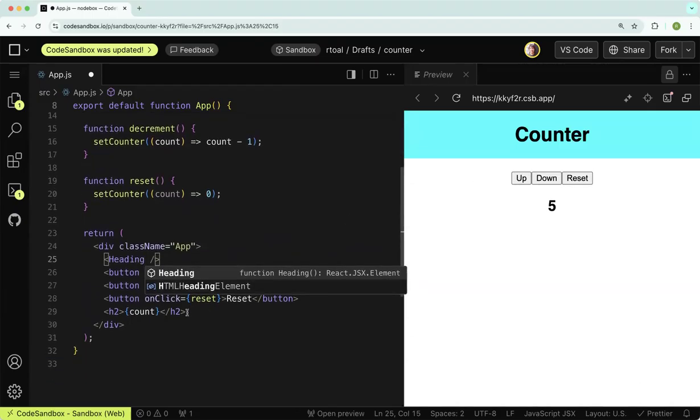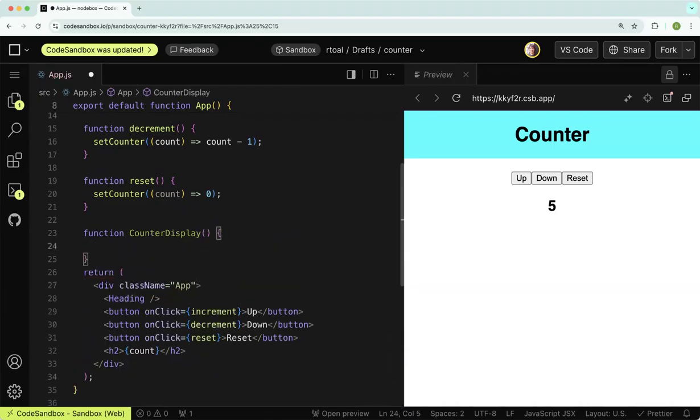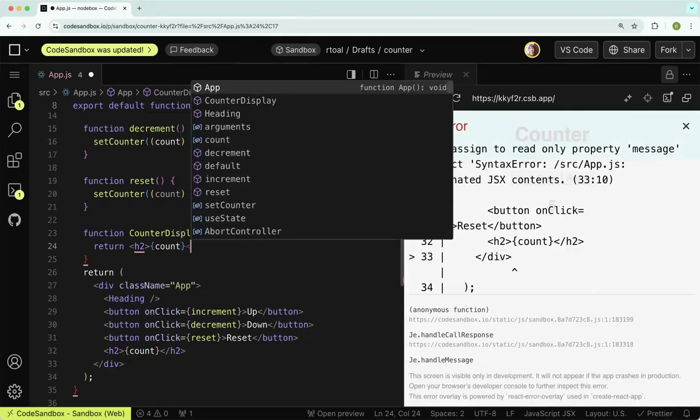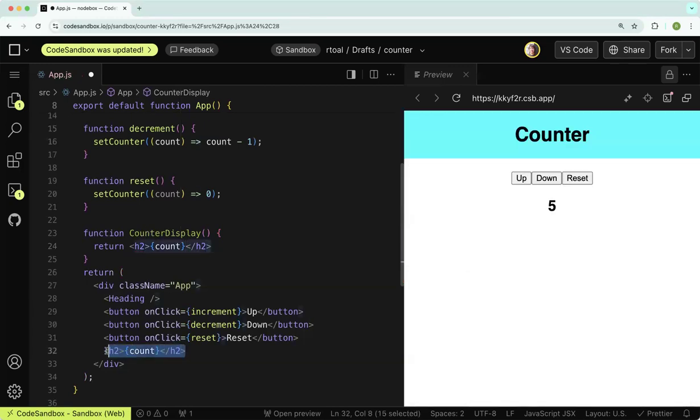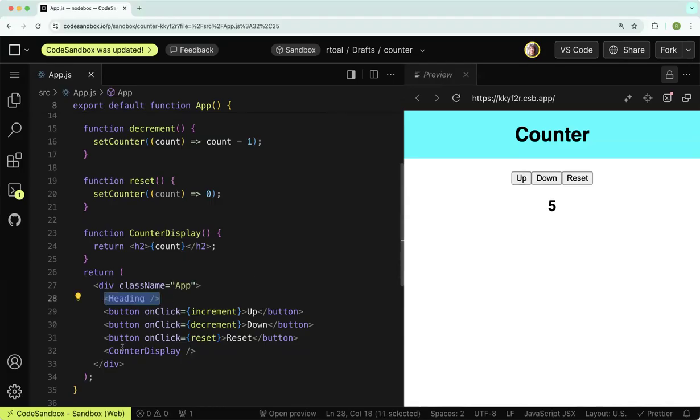And to have space for the counter, we can call this a counter display function counter display. And this thing can just say return H2. And in here, we'll set the value, which is count. So we're just abstracting things away just a little bit. I'll remove this, and we're going to replace it with counter display. Okay, we haven't really done very much here. Let's make sure it still works, except that we're starting to use a component-oriented architecture rather than just using HTML